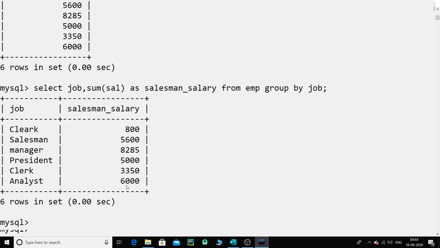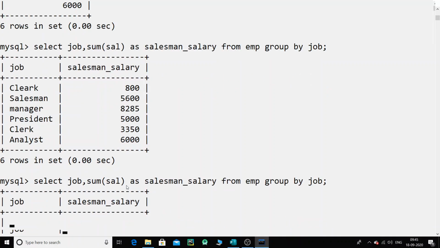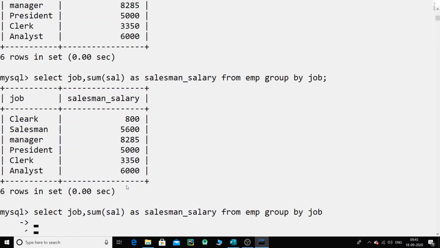But now if I really want only the salesmen, it will be the same query, but what I will do is simply say having. Now children, please understand, when you are using the aggregate function and the group by, and you want the condition to be applied on only that particular group, always use the having clause instead of the where clause.